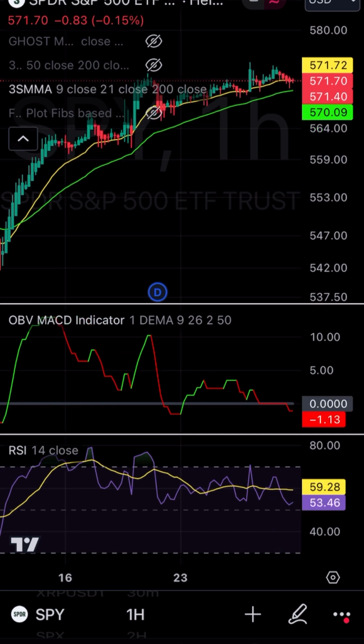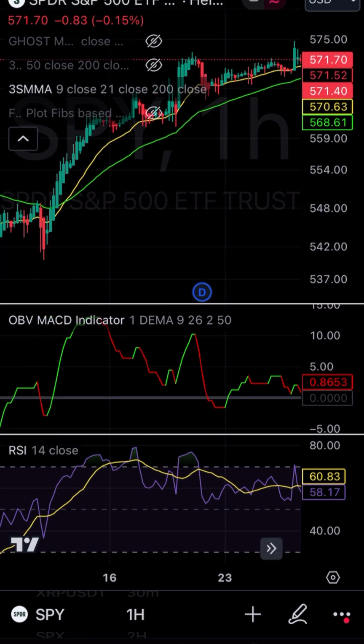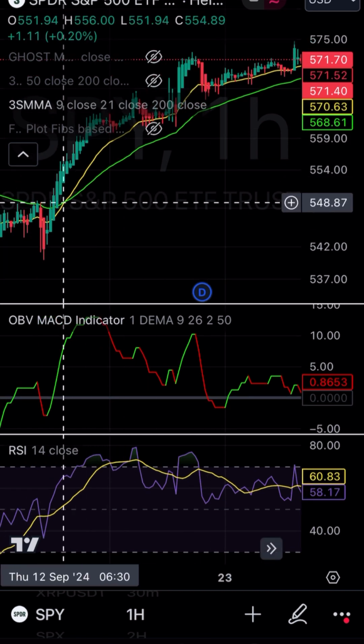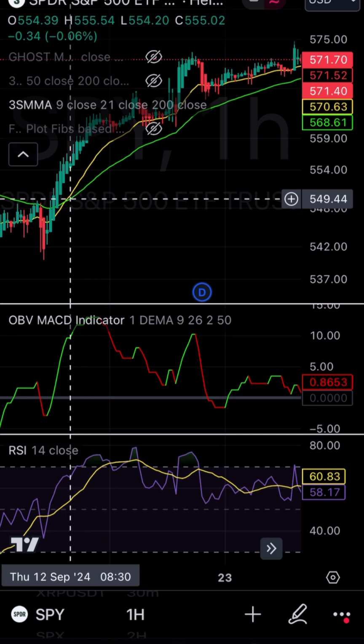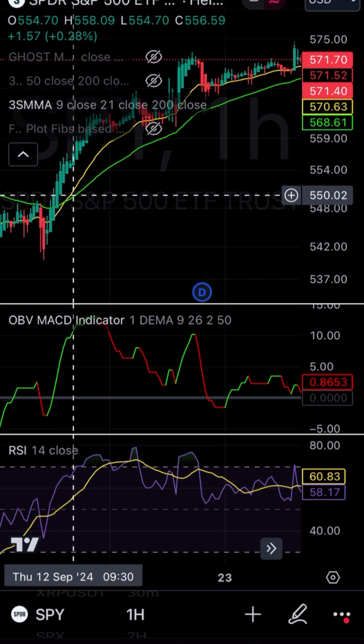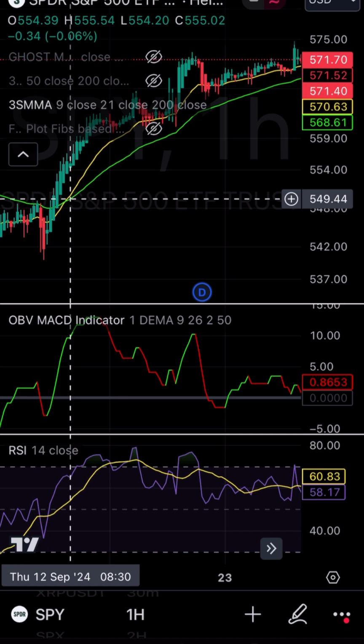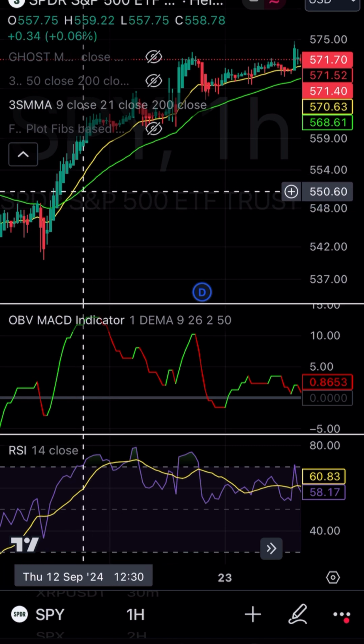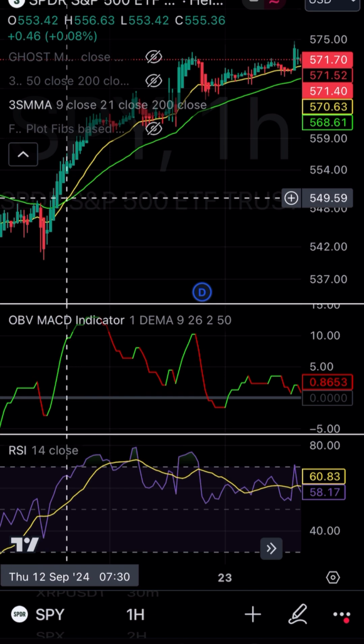So your entry points here, if you want to do this on the hour, you do have to wait for it to cross. So like right here, it crossed right here. If you want to do this on a longer time frame, you will have to stretch out your contracts for longer. So that time would have been right here if you wanted to get in that trade. But then you would just need to confirm if you wanted to ride this out longer. You just need to make sure